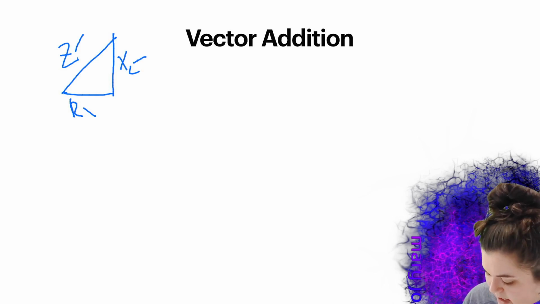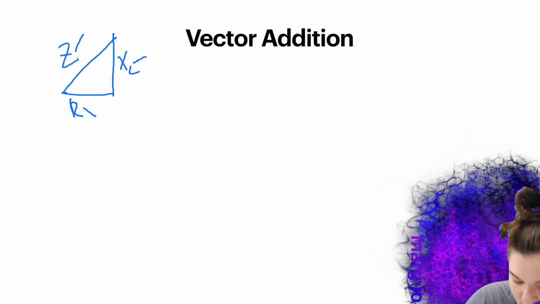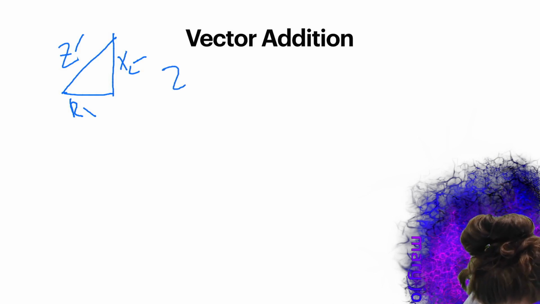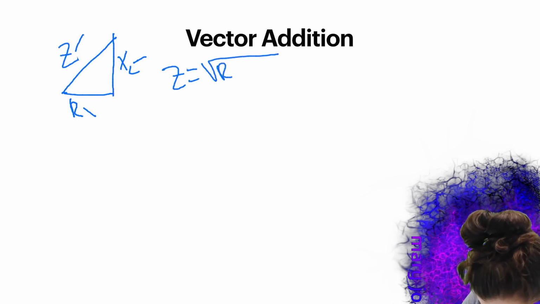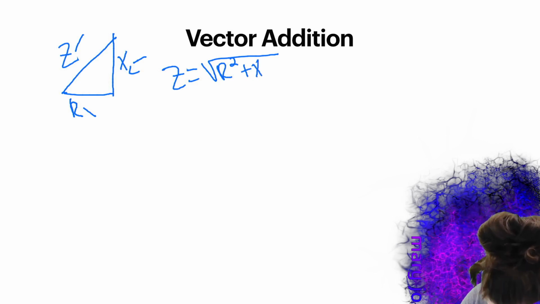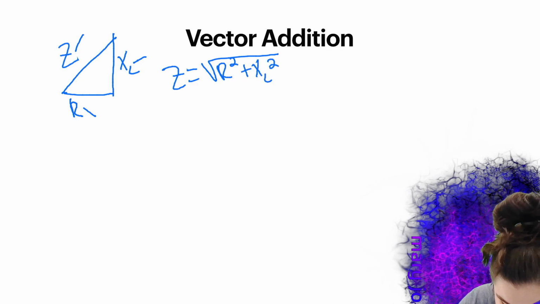The total impedance can be calculated using this formula. So we've got Z equals the square root of R squared plus X sub L squared. So that's just going to be your impedance,